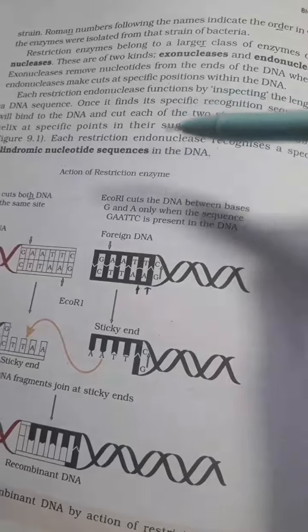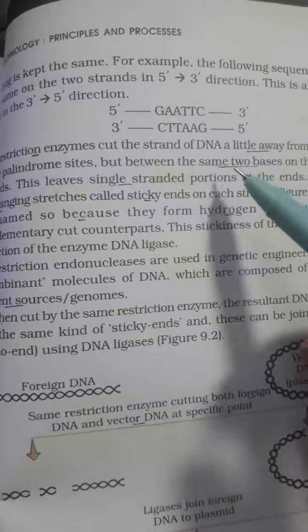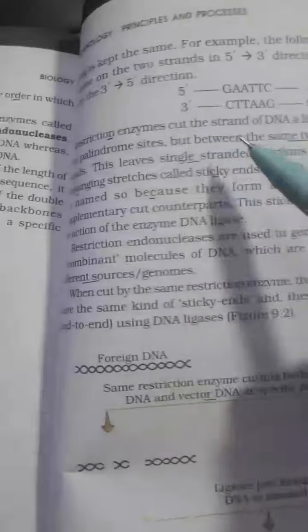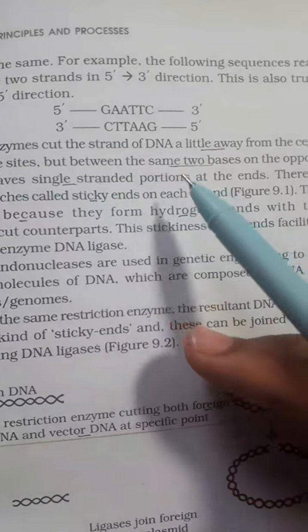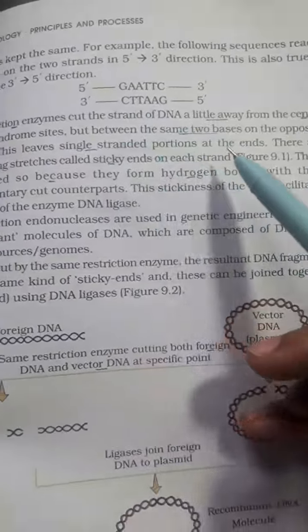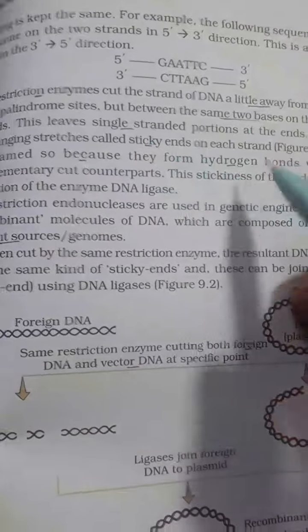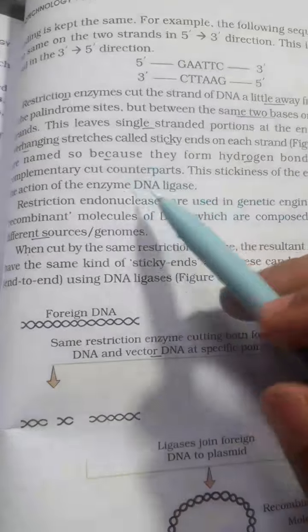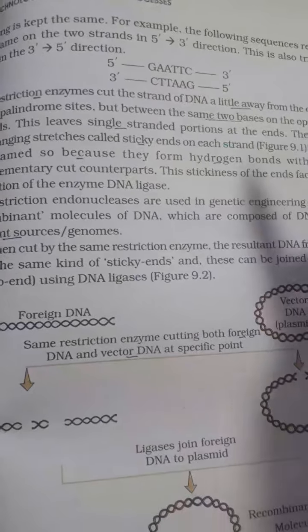It says restriction enzymes cut the strand of DNA a little away from the center of the palindromic sites, but between the same two bases on the opposite strand. This leaves single-stranded portions that work as the sticky ends, because they form hydrogen bonds with their complementary counterparts. This works with DNA ligase. The restriction enzyme